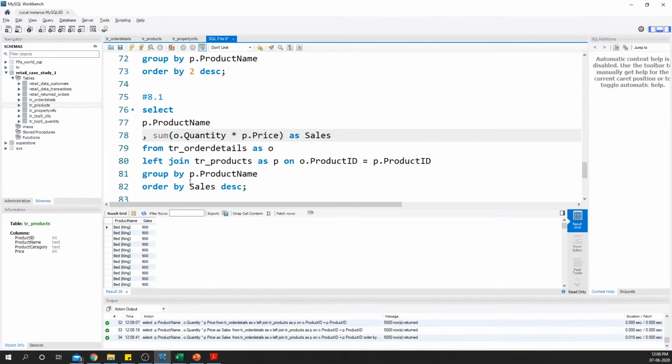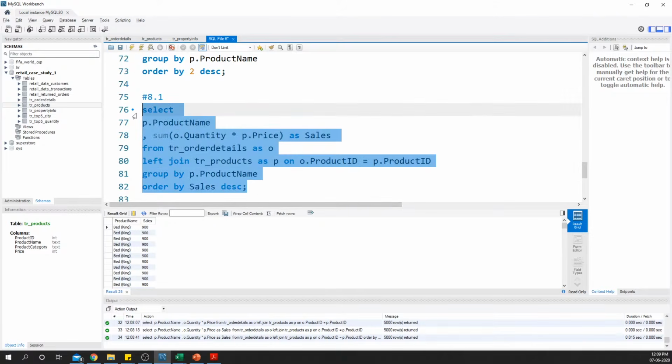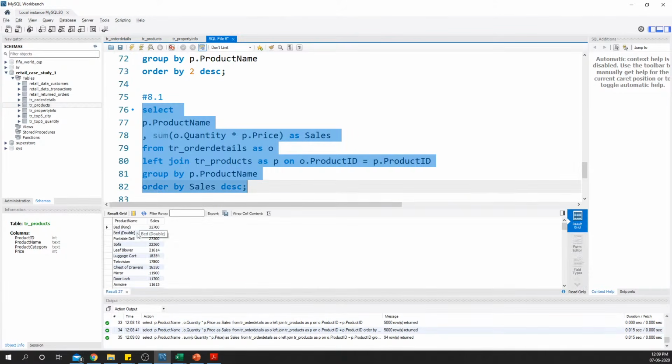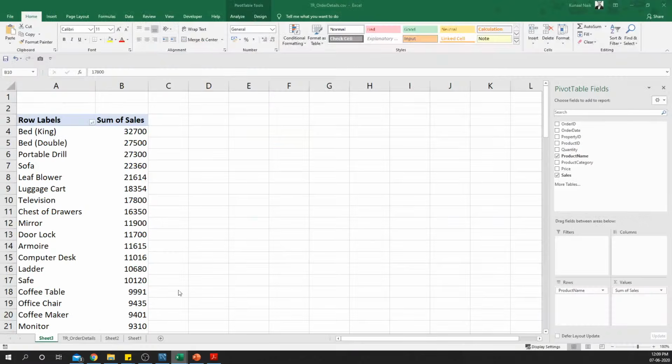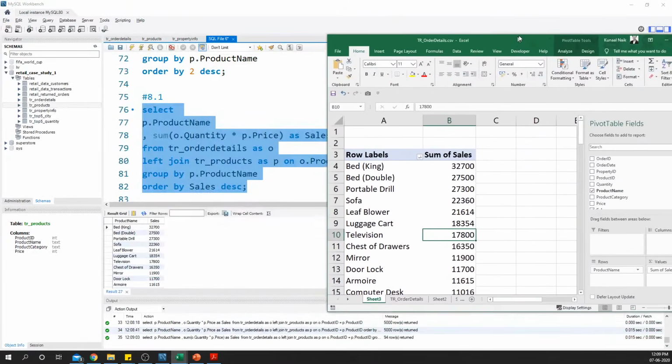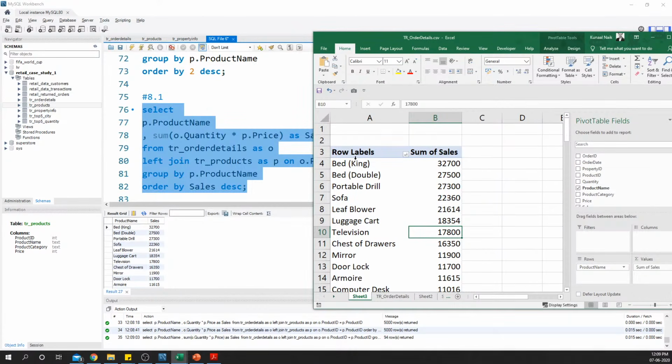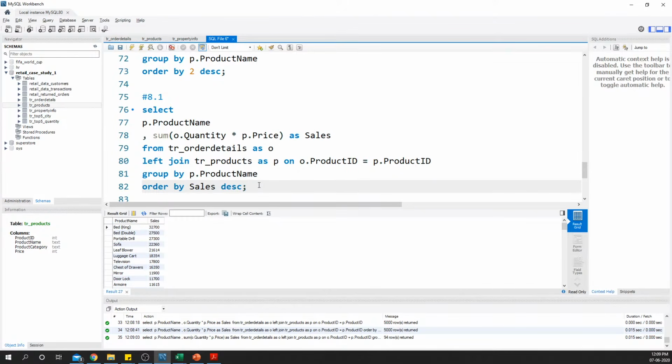If I sum it up like this, you'll see that you're now getting the bed king, bed double, portable, sofa, and leaf blower that we generated in this particular pivot table. So I'm able to get these 5 different rows to get this output here. So that's the way we